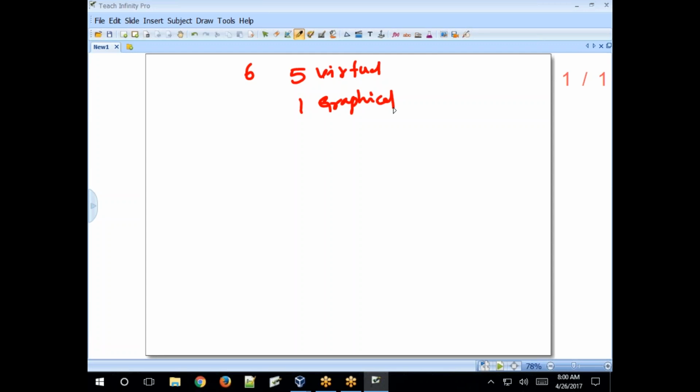So what is a console here? A console allows you to log in with a different user account to do another task, or with the same user account. If you want to perform n number of tasks at a time, you can log in on each console with another username or the same username. For example, the default console is the graphical console, the GUI. And on the 5 virtual consoles, you will get a user interface, non-graphical consoles.